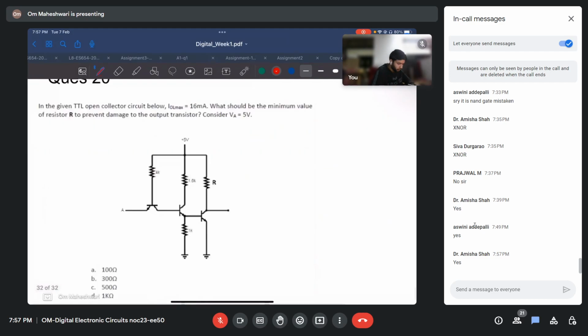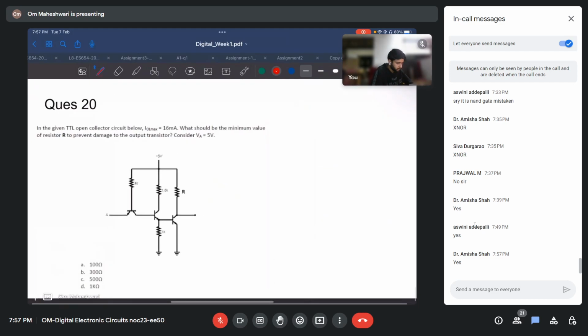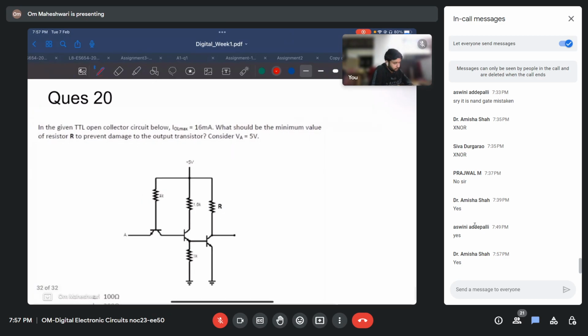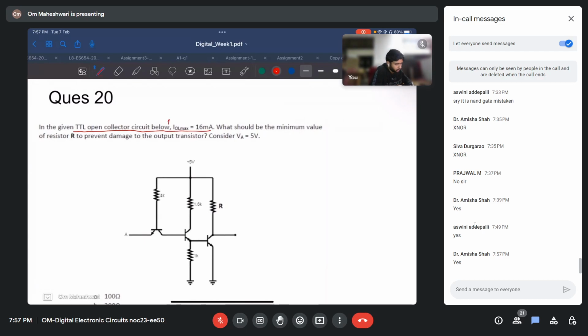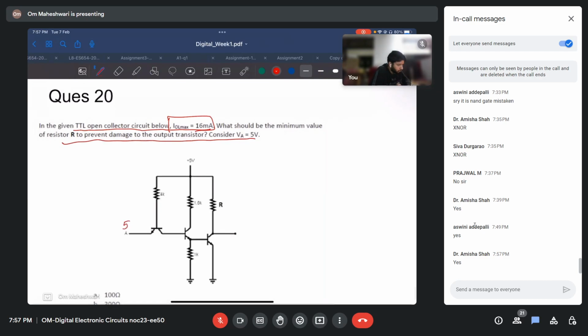Okay. So I'll do the last question today. It is very simple. It says that in the TTL open collector circuit below, IOL max is 16 milliampere. What should be the minimum value of resistor R to prevent the damage? The V is 5 volt, it doesn't matter. We are saying IOL max is 16 milliampere. So what is IOL max? It is the max current